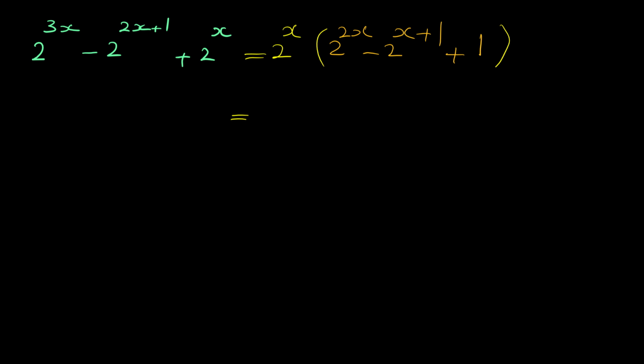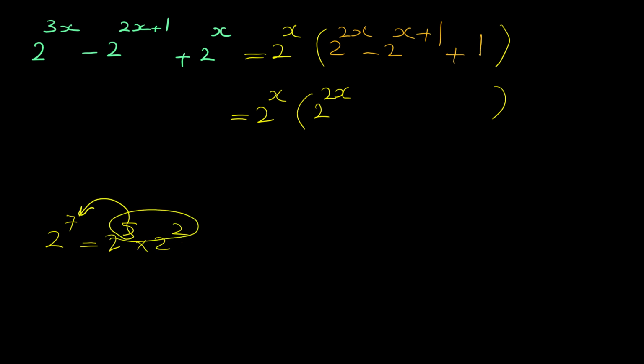What is the solution for this? Let me write 2 to the x here. I'm going to write again 2 to the 2x. Let me remind you of a property in powers. We can always write 2 to the 7 as 2 to the 5 times 2 to the 2. If you add these two powers, you get the same thing. Now that we know this property for powers,